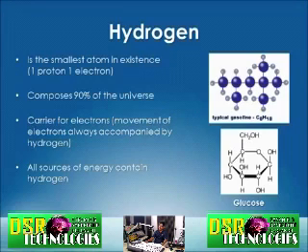Hydrogen is the smallest atom in existence. You might have noted in your chemistry classes, when you look at the periodic table of elements, it's the very top left element. It's the very first one. Hydrogen is the fundamental element. It was the first element to ever exist, and it's the basis of all other elements. So all other elements came from hydrogen. It composes 90% of the universe, so it's very present and available throughout the universe.